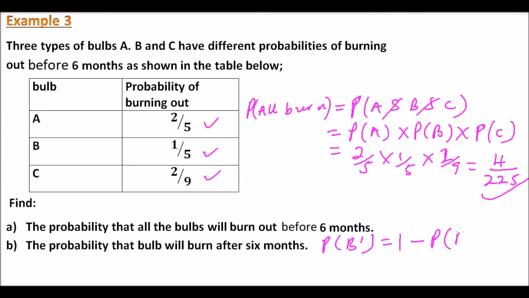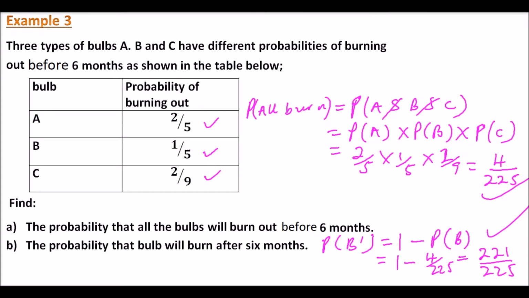So this is equal to 1 minus 4 over 225, which is equal to 221 over 225. So that is the probability that the bulbs will burn after 6 months. We subtract the probability that they will burn